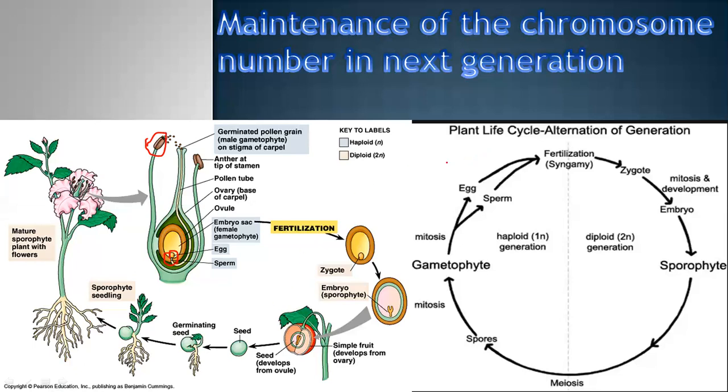Here we can see the blue one has the haploid number of chromosomes, this gametophyte generation, and the other white ones all have the diploid number of chromosomes after fertilization. So if we see the plant life cycle in cycle form, this is fertilization, the fusion of gametes. So the zygote is formed, then mitotic division and development, the embryo, and this whole sporophyte plant is formed,